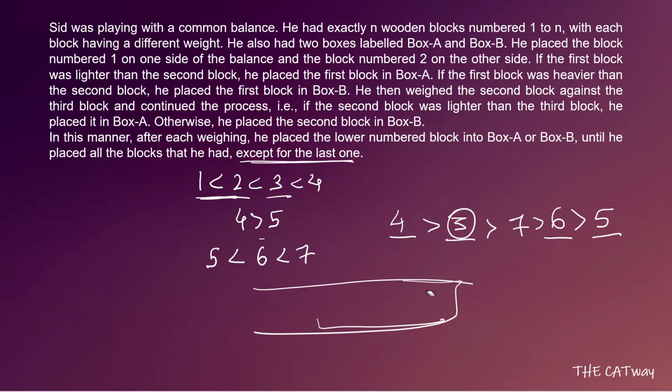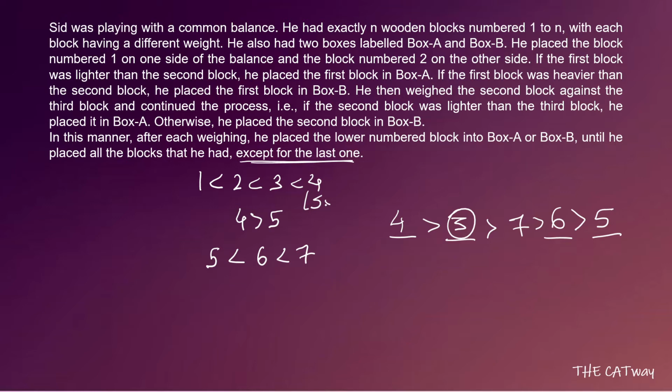So for that, if you have to check it, what we will do is assign some values to them. We will assign the values according to what we have to do, that we have to make 3 heavier than 7. So we will assign values accordingly, and we will see if there is any contradiction or not. So let's say weight of 4 is 50 and weight of 3 is 45. Let's just take an example.